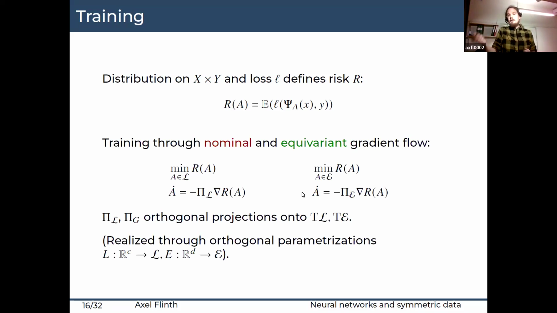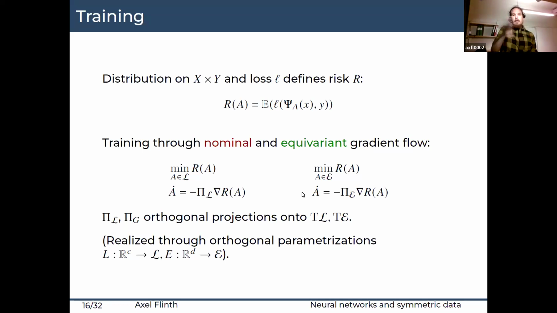And if I train it in equivariant mode, I only minimize over E, and then I do the corresponding gradient flow there. This is probably not the way one would write it down in code, but one can quickly realize that as long as I use parameterization maps, so things that take weights and coefficients I store on my computer and embed them into these L's that are orthogonal, what I actually obtain when I perform the gradient flow for those coefficients are these equivariant flows that are projected onto TL and TE.